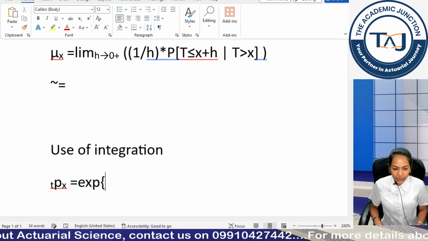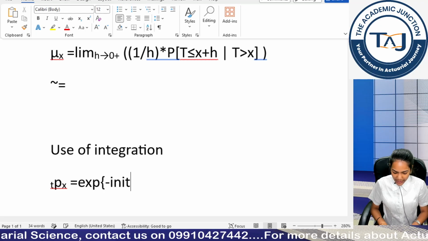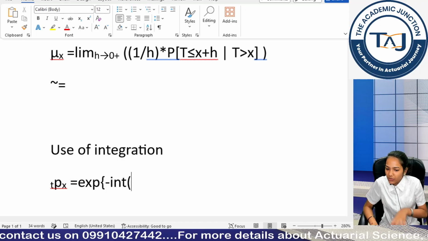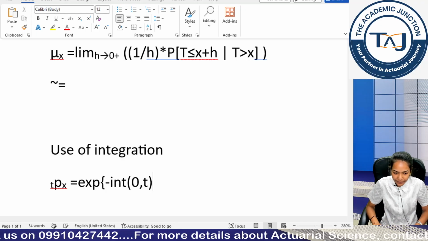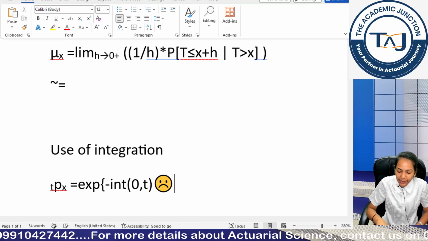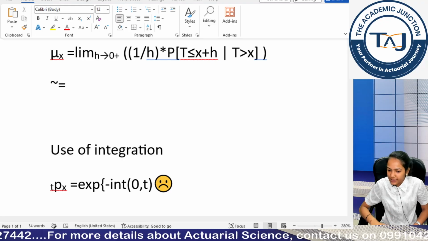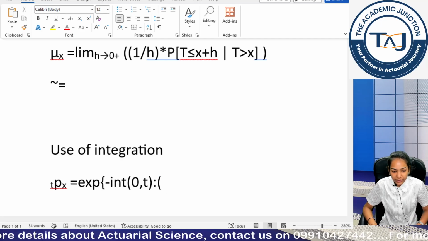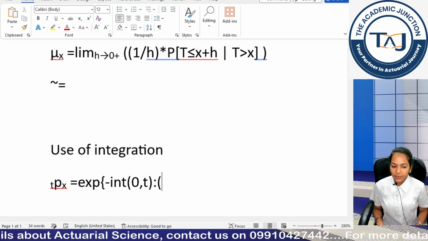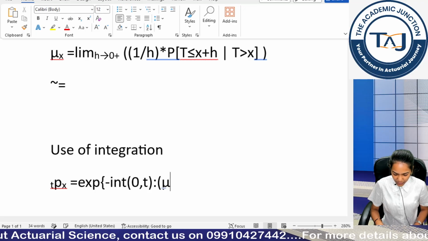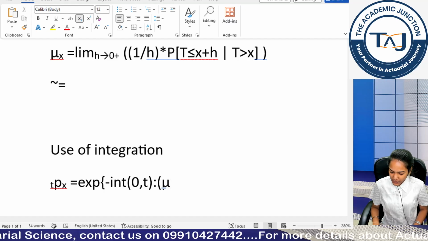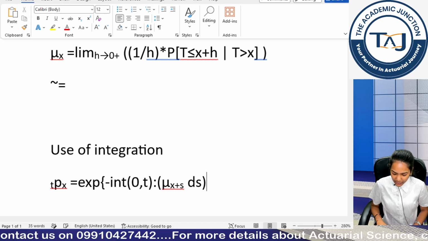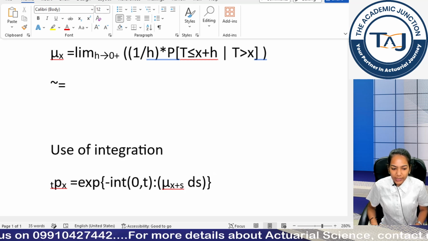Okay. So I have minus, I have integration now, int. I want the limits. So what's the limits? It's 0 to t, right? So 0 comma t. Then I have this colon, then I open my bracket. Once I open my bracket, I get this sign. You know, from the previous class we were getting this sign, so how to remove it? We use Control Z. Then we have the function. What is the function? mu x plus s. So backslash mu, Control Shift Minus to get to the subscript, x plus s, Control Shift Minus to come back to the normal script. We have ds, brackets close, and this bracket closes for the exponential.